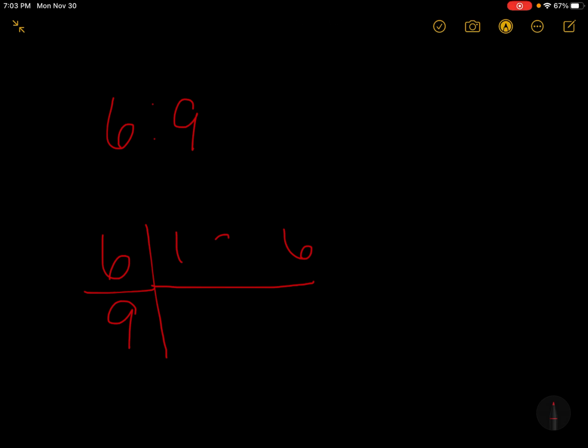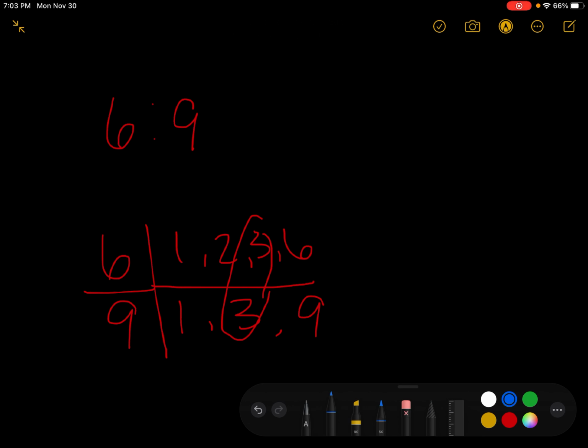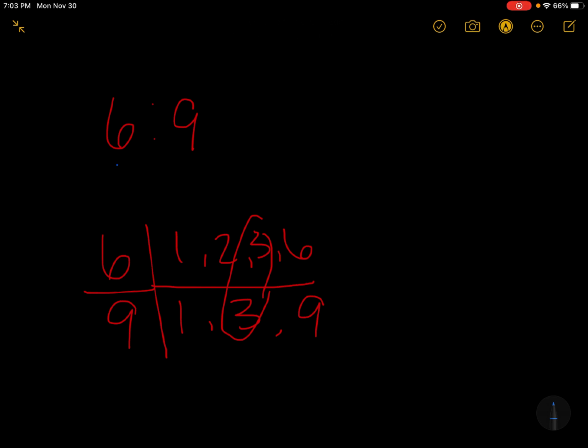I know there's going to be 1 and 6, 2 and 3. I know for 9, I'm going to have 1 times 9 and 3 times 3. The highest number that is in both of these is 3. So I'm going to divide both the first term and the second term by 3. 6 divided by 3 is 2, and 9 divided by 3 is 3. This is going to be your ratio in simplest terms. You might also